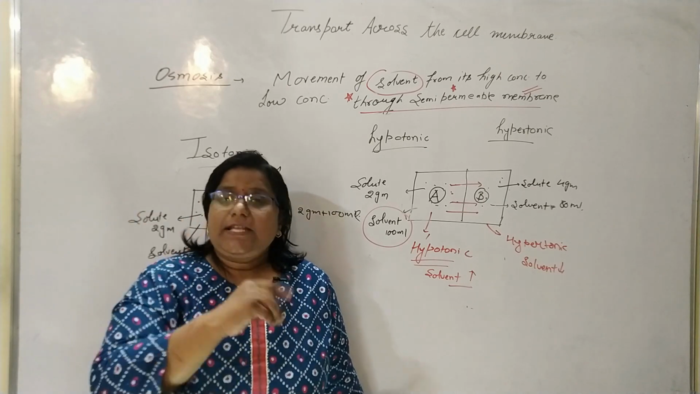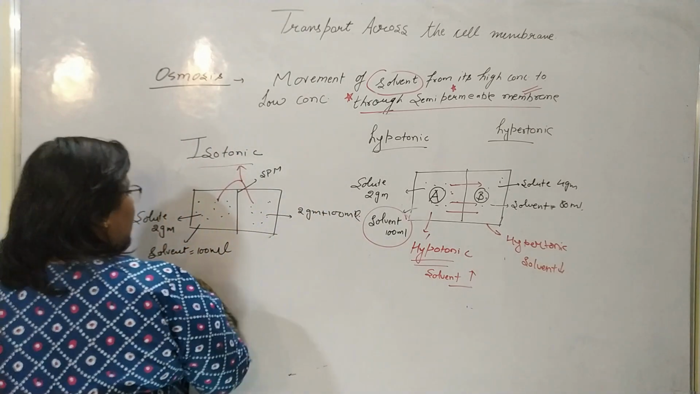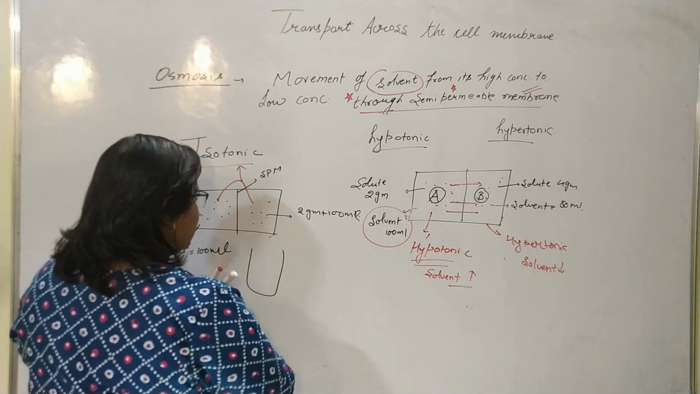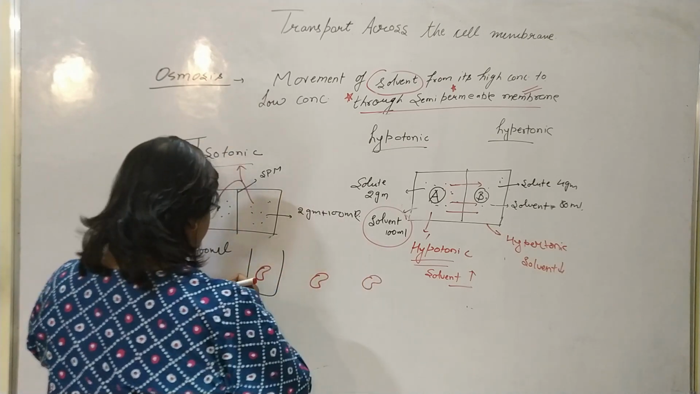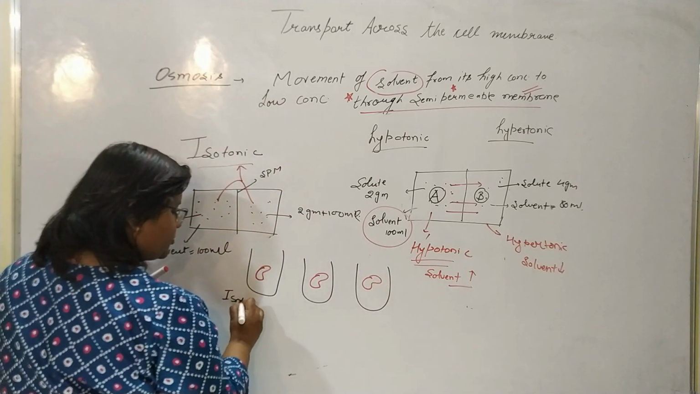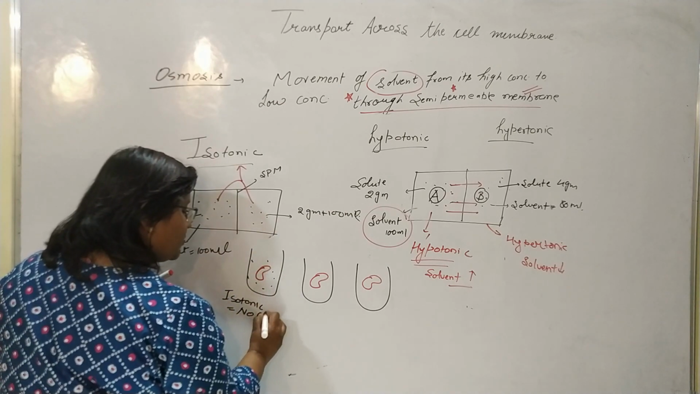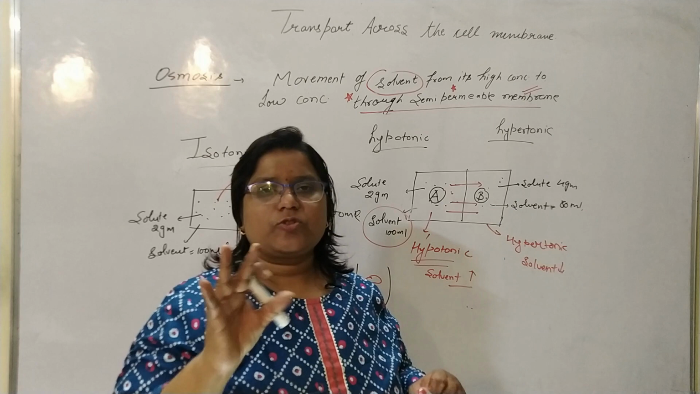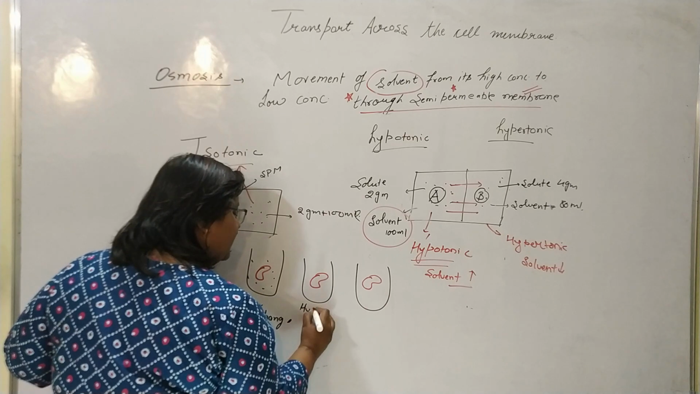Now we will see one RBC example: what will happen if we take RBCs in an isotonic solution? Then there is no change, because, as we have discussed, in an isotonic solution there is no movement, so the RBC shape will not change. Now in the second case, if we take the RBCs in a hypotonic solution,